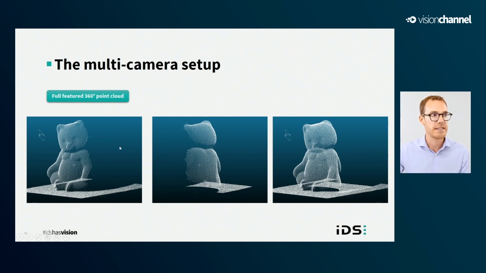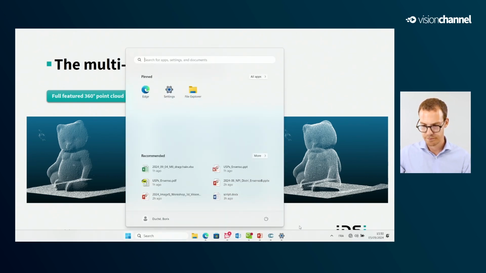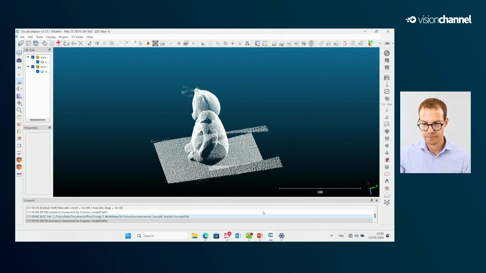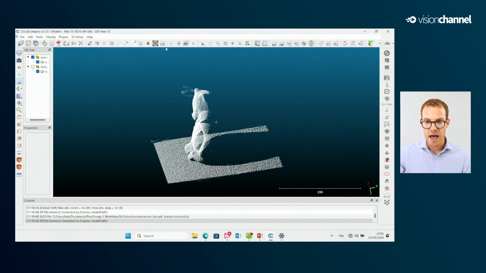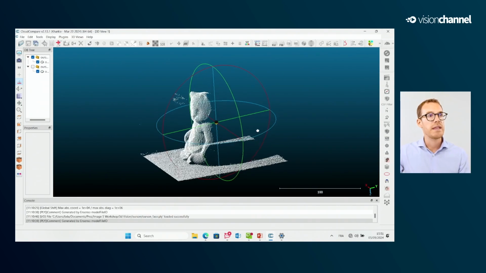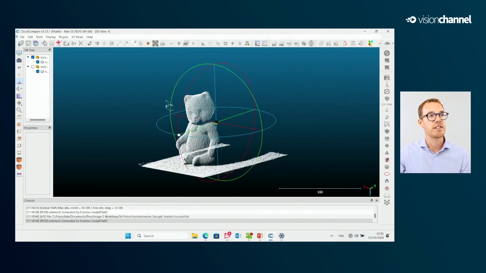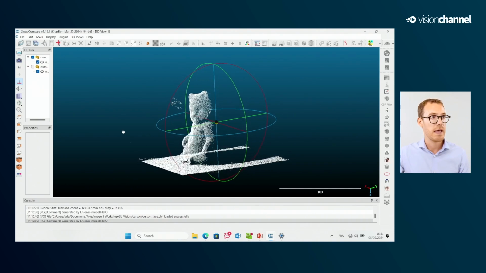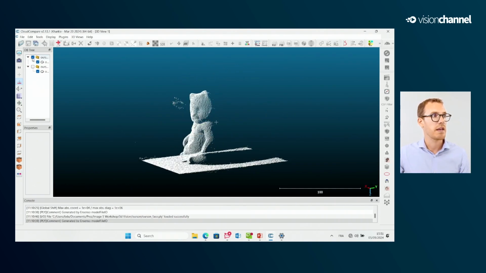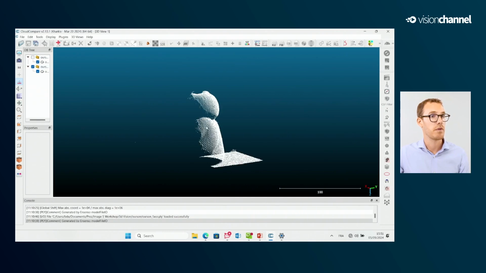Let's take a look at the example I used to make these screenshots. I used in this example two cameras. One is making an acquisition of the scene from the front, and the second camera is making an acquisition of the same scene from the back.